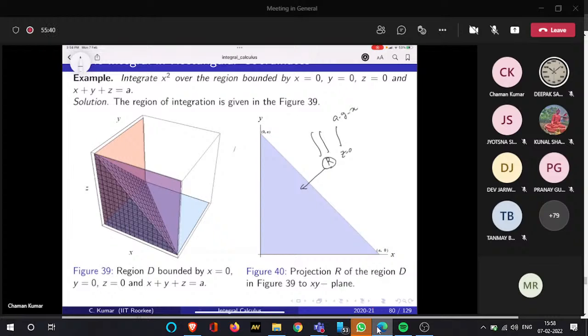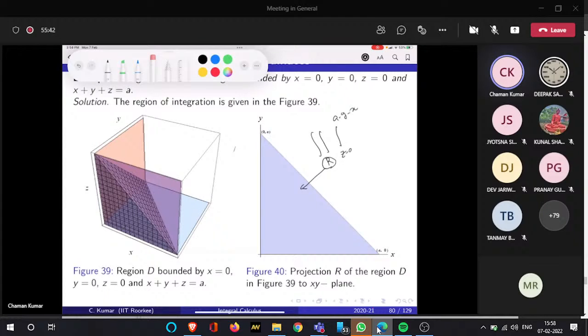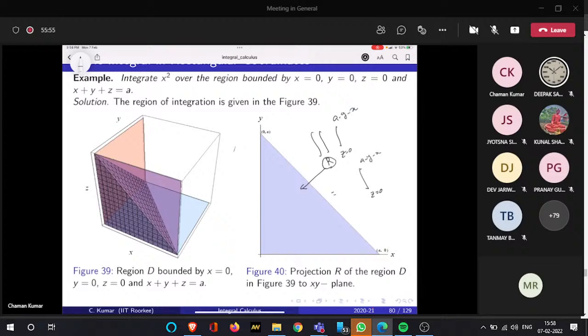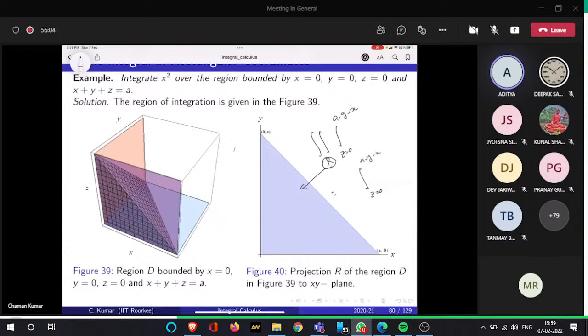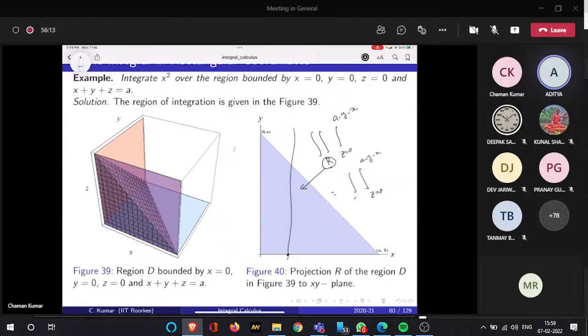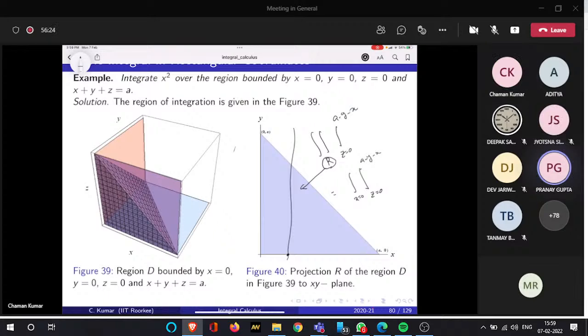ठीक है? तो अब इसका कैसे आइडेंटिफाई करेंगे x, y? So this will be equal to, who is going to explain? तो लाइन ड्रॉ कर देंगे या तो x एक्सिस के पैरेलल या तो y एक्सिस के पैरेलल। चलो y के पैरेलल लाइन ड्रॉ कर दिए, बताते जाओ, डिक्टेट करते जाओ मुझे। x equal to 0 to a minus x।